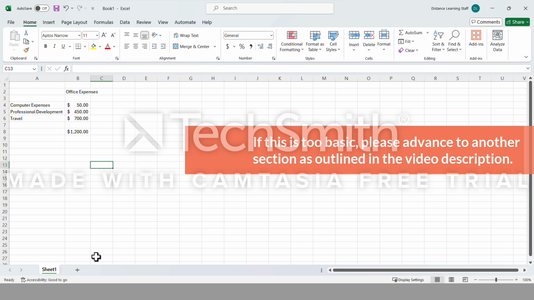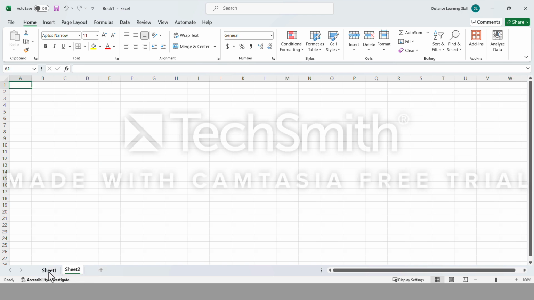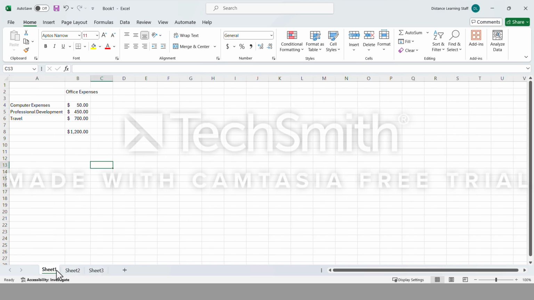Now, one other component here, in the bottom, you have these sheets. If you remember, when we started this, we selected a new workbook. A workbook is just another term for spreadsheet. You can add more than one sheet as part of this workbook. You can organize the information in these various sheets, and then you can use formulas and special functions to calculate